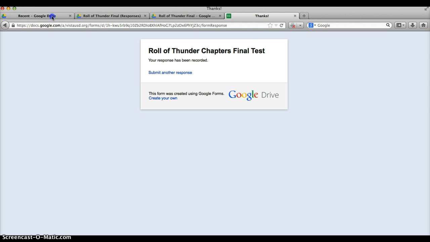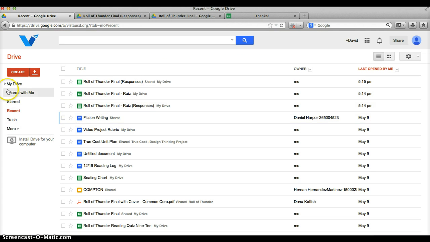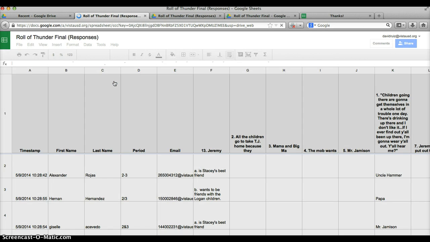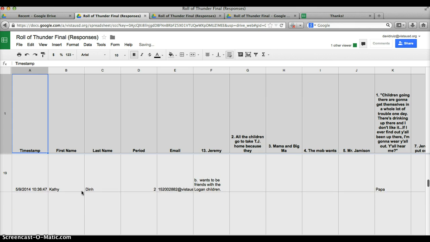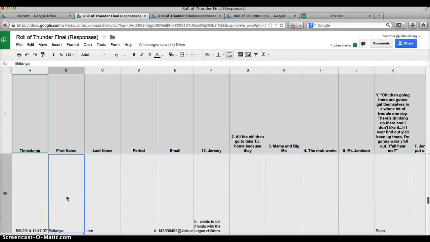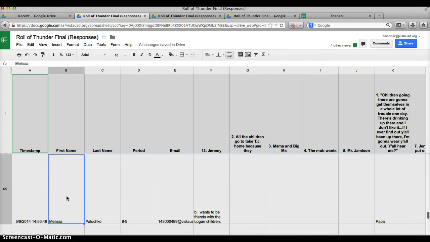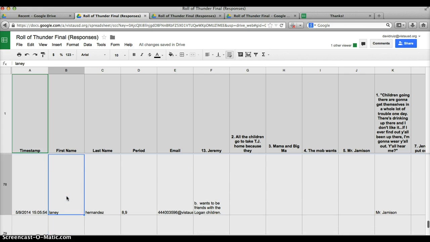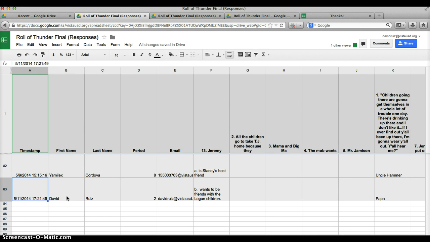So when I go into my Google Drive, here's my drive, I always like to go to Recent because Recent shows the most recent changes or documents that you've been working on. I see that Roll of Thunder final responses at the very top. That's the last thing that I changed. I click on that. If I go all the way to the very bottom of my list of students, my name should come up last. So there I am, David Reese. Here are the answers now,